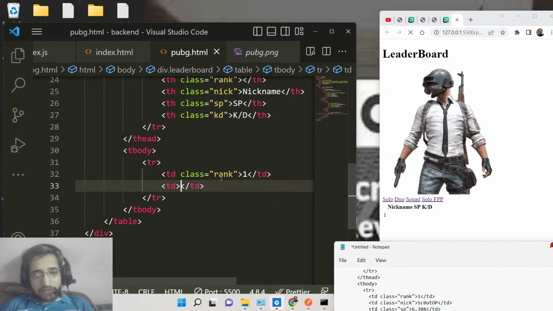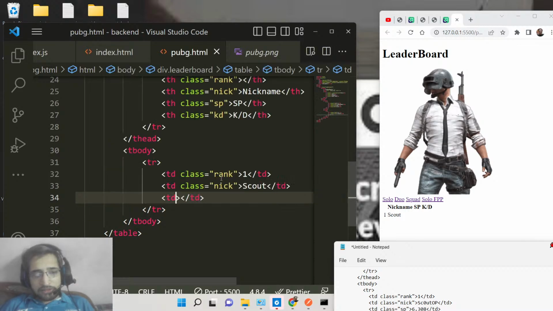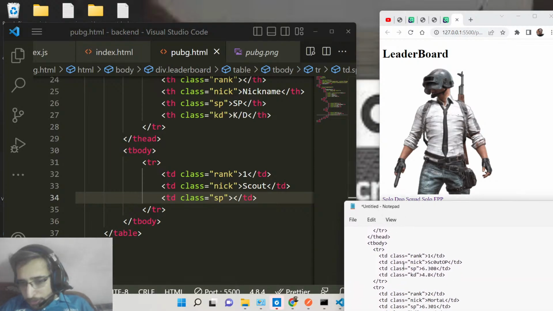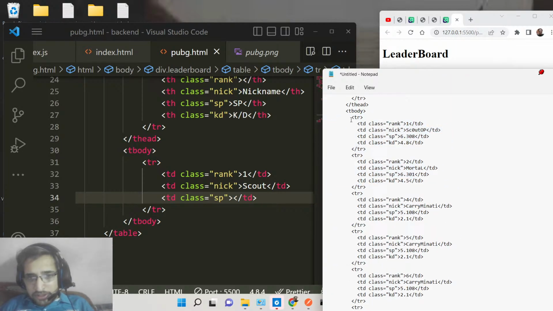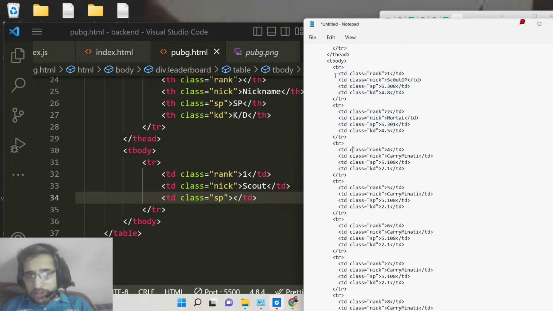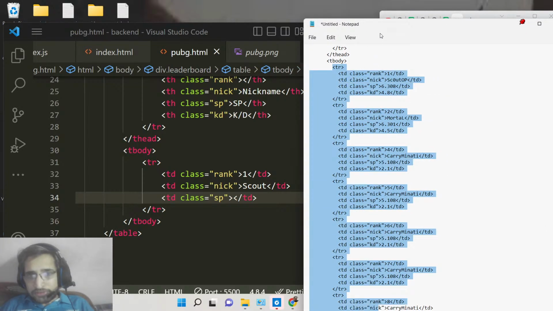And then we will have a TD. This will be Scout. And we will be giving a class to it of nickname like this. And again, guys, we will have the class for showing the SP. SP will be, let's suppose, so you can copy paste all these records, guys. You can now see, basically it's a list of players having different kinds of stats, so I will not waste time in writing all this stuff. So I will just